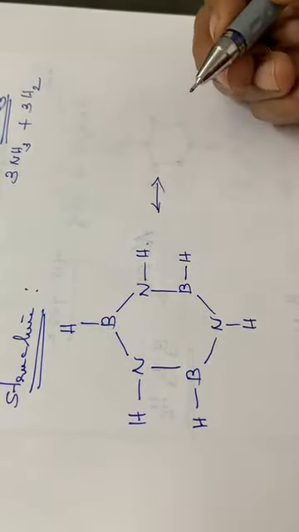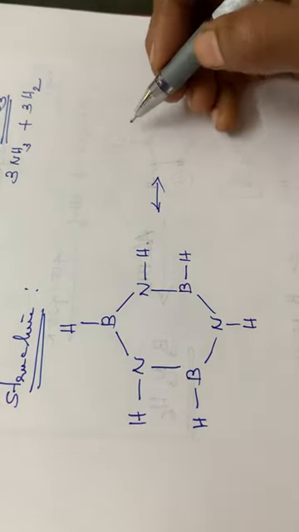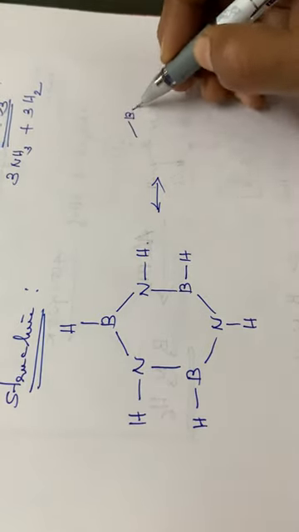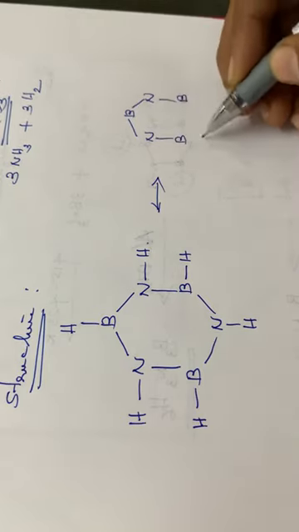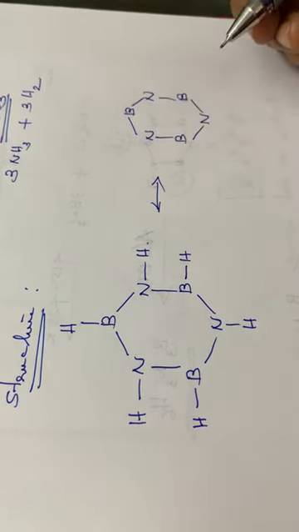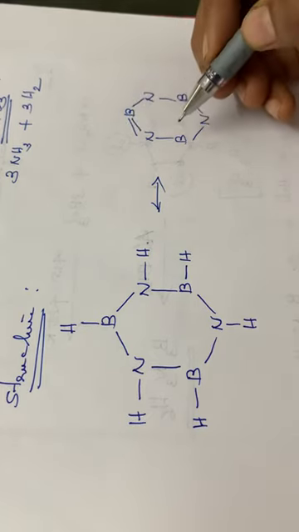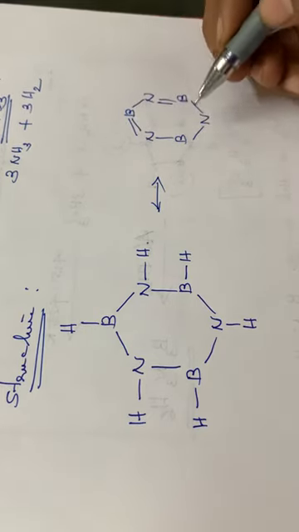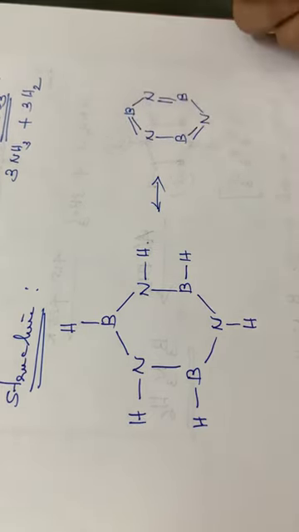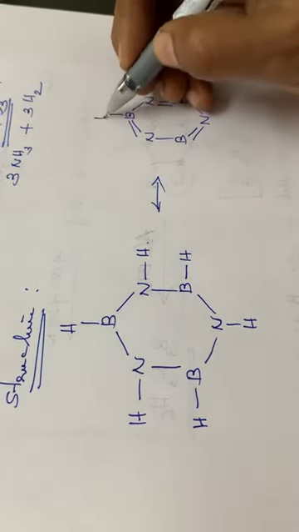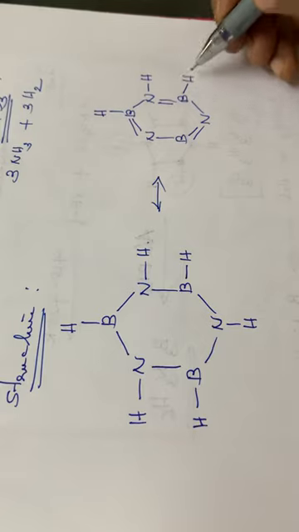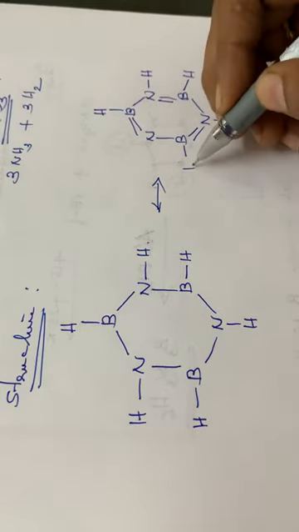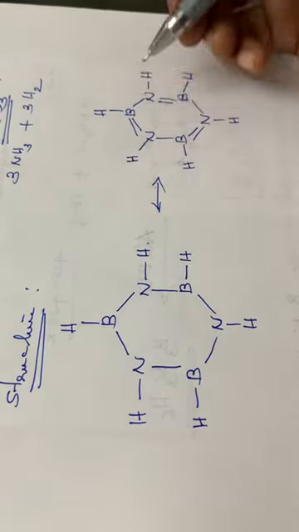Then similarly, another resonating structure is also there for this compound. Boron, then nitrogen, nitrogen, again boron, boron, then again nitrogen, nitrogen. So here a double bond is there. Here double bond, then here also double bond. So alternate double bonds are there. Then you can fill the valencies. BH, already hydrogens are there, isn't it? So fill up with hydrogens, all hydrogens. Then you just go through the valency.